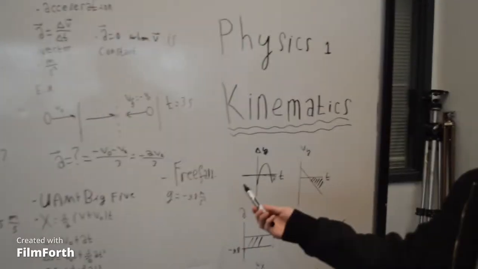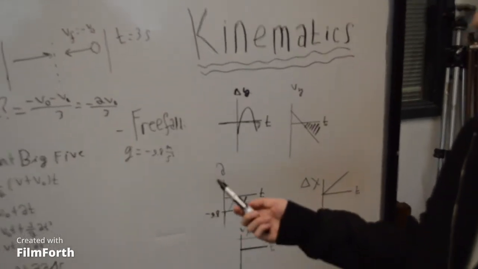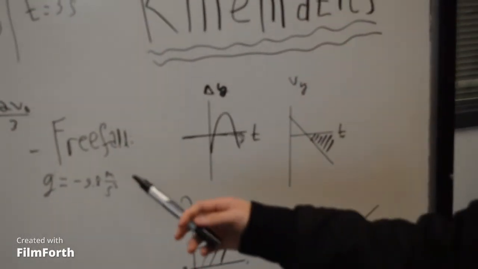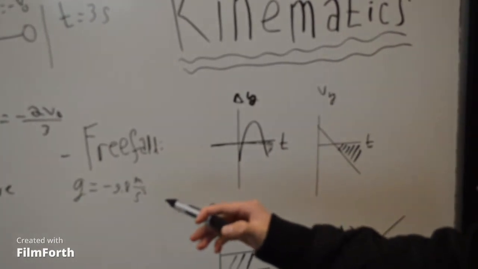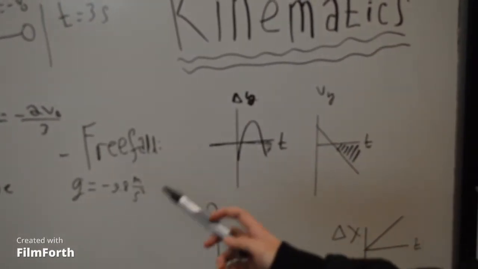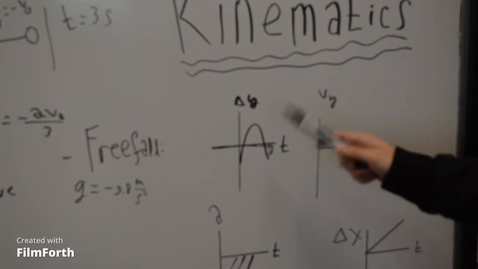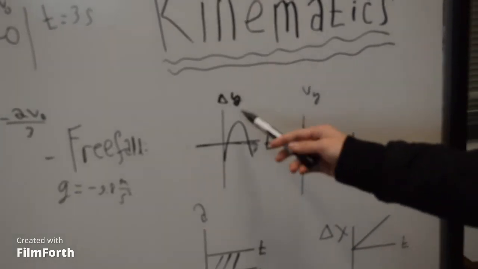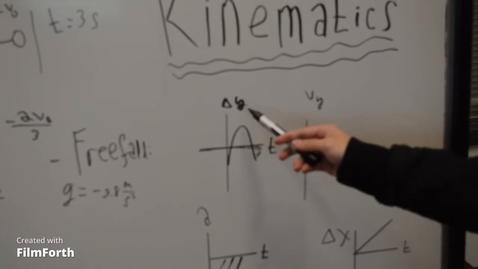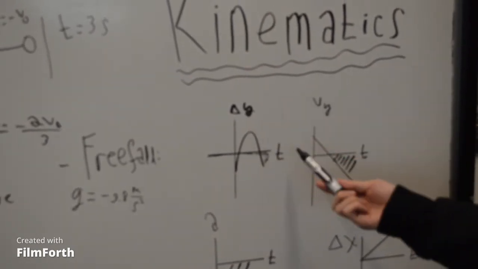Free fall happens when an object is traveling near the Earth's surface. The acceleration is constant. It's a constant negative 9.8 meters per second squared. And here are some free fall graphs. Let's talk about the vertical components first. The vertical components, change in vertical position or vertical displacement as a function of time,